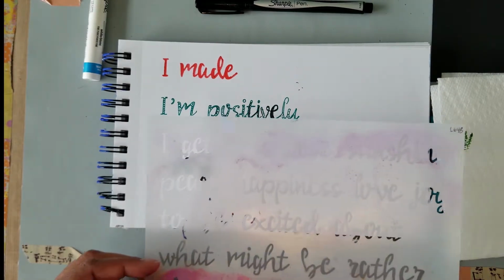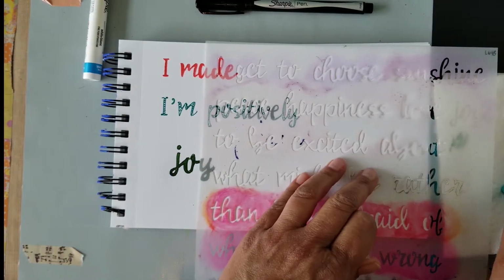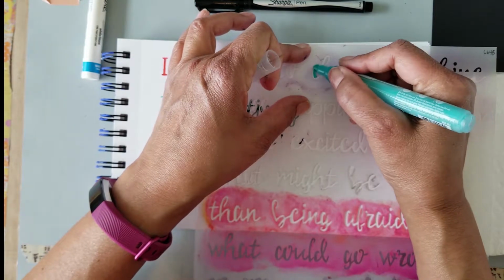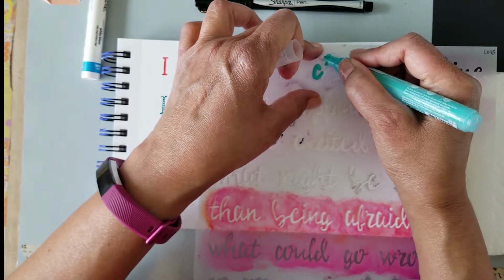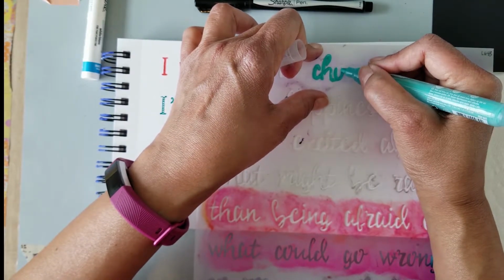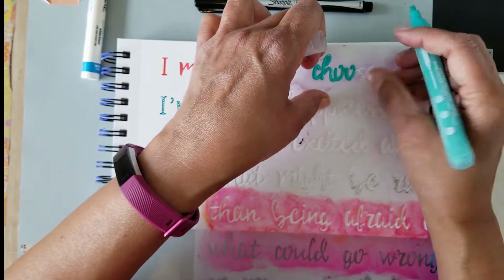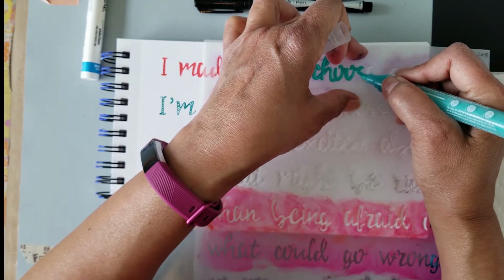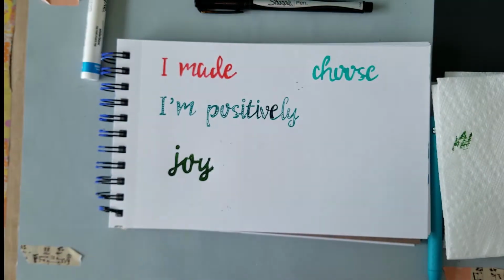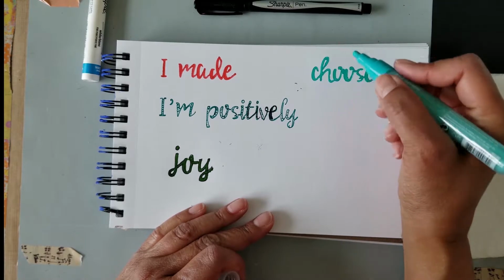So here again, you want to make sure that it's not too wet. So I'd shake it up and just make sure that I have some paint on there. And then this is a little bit thicker tip, so it fills in pretty complete. But I'm just taking my time, being mindful of those little bridges and filling in the letters. And I pull it straight up, and then I can go in and just finish off